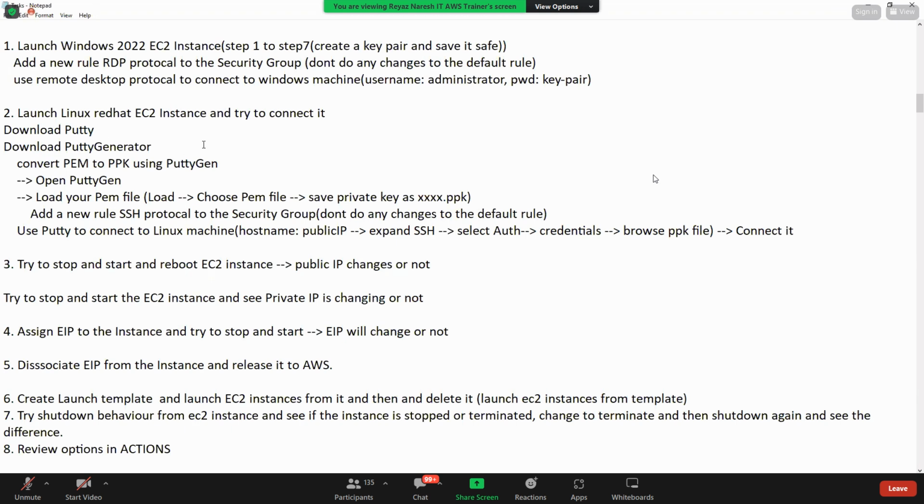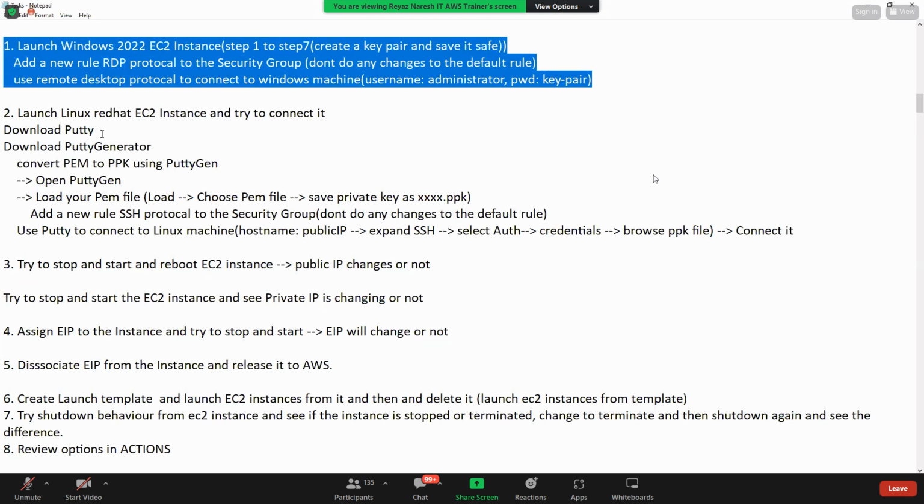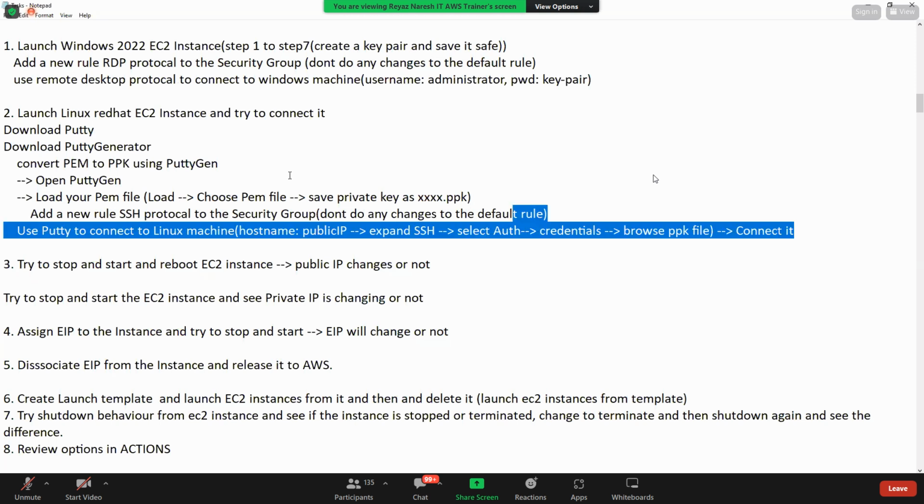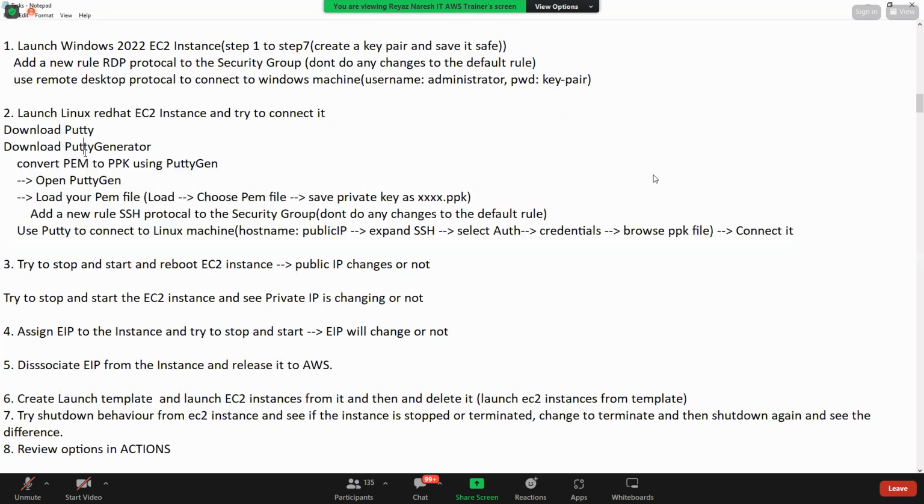Say yes or no. Shekhar, did we discuss image? Did we create an image? No. Images we'll talk about later. Can you launch a Windows EC2 instance and log into the Windows EC2 instance? Yes or no? Louder. Can you log into the Linux EC2 instance? Download PuTTYgen, right? Save the private key.